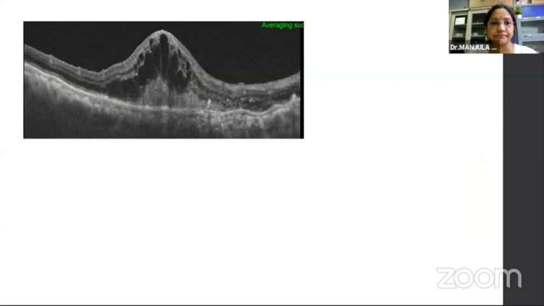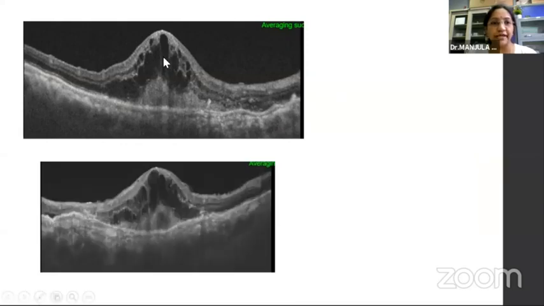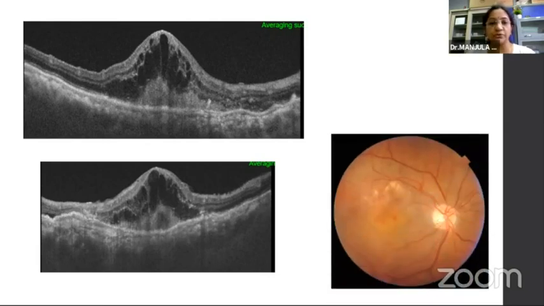Here in this OCT, you see the cystoid spaces, and along with that, you concentrate on the subretinal space. Here it is occupied by hyperreflective material. This is called subretinal hyperreflective material. And if you go through the other scan, you can also see subretinal fluid. So remember, go through all the scans, correlate clinically before jumping into diagnosis, as this points towards a CNVM related to wet AMD.